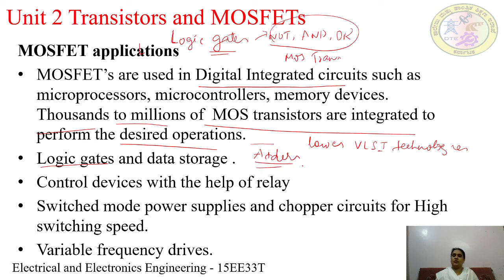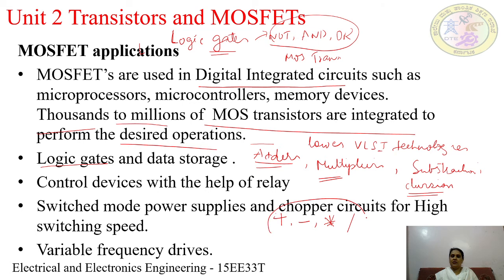In digital electronics, we know what a binary number is. So we can construct multipliers. What is a multiplication? It is a repeated process of addition. So many adders in a definite fashion form the multiplier. Similarly, we can connect subtractors, subtraction circuits, with the help of the MOS devices. Division is a repeated process of subtraction. So therefore, we can also obtain the division operation. So I can obtain the plus, minus, multiplication and the division.